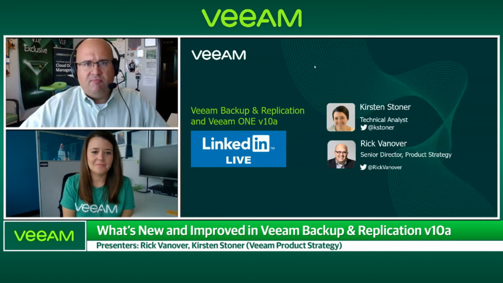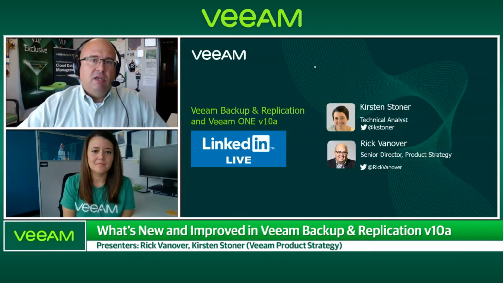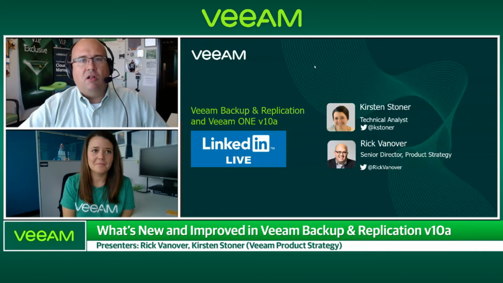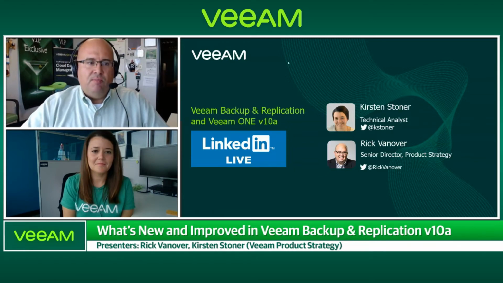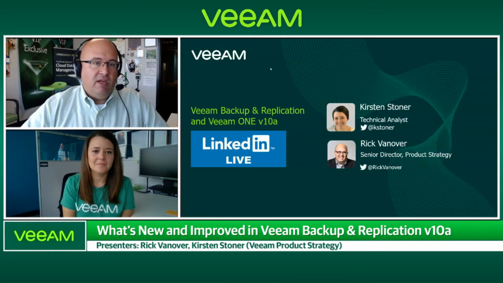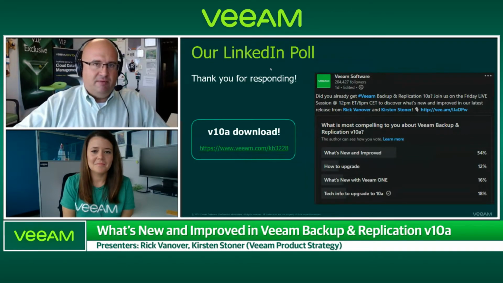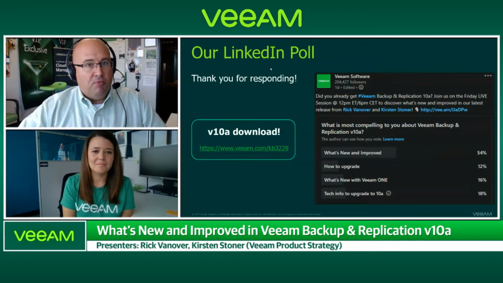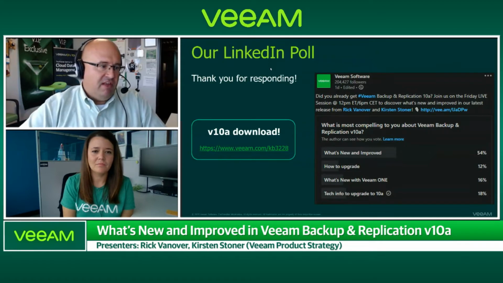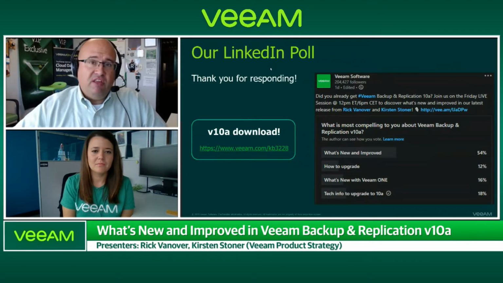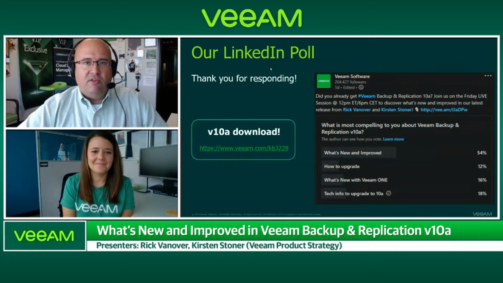And then the cumulative patches that were out. And then if we were talking a year or two ago, we had update 4, update 3 of 9.5. Well, V10A introduces new capabilities, but also rolls in all of the things that were corrected since GA, right? And then if you go back to the other releases, the update 4s and 5s, that was a way to kind of get us almost ready for both major releases, but also prepping for V10. But anyways, we released V10A in a KB form, and it's going really well